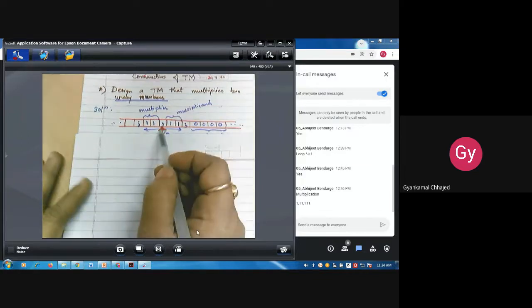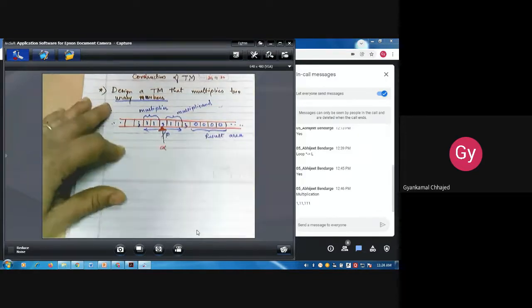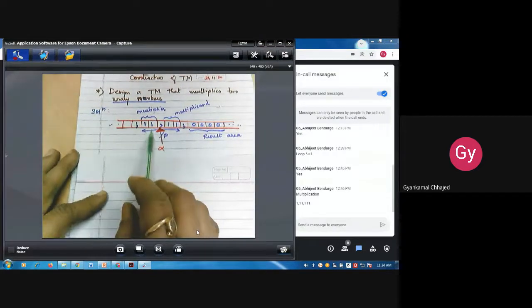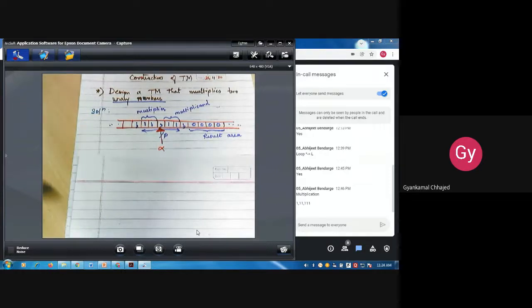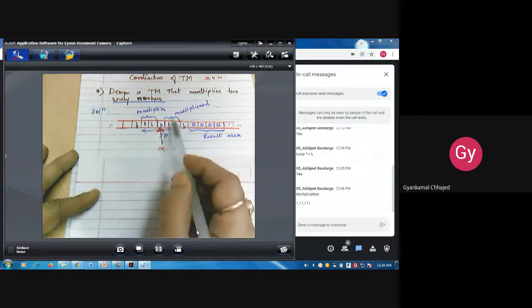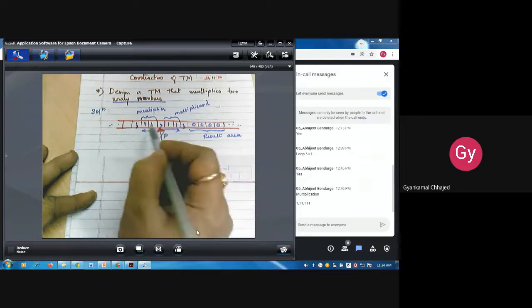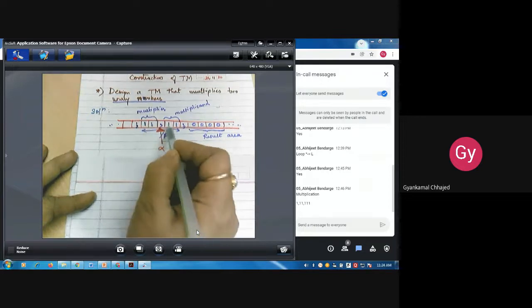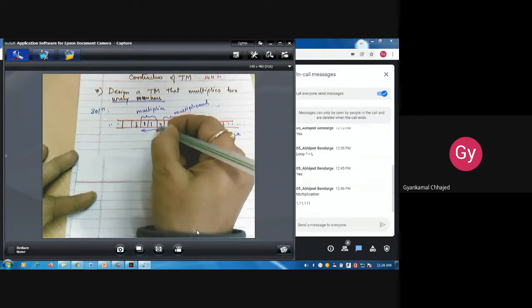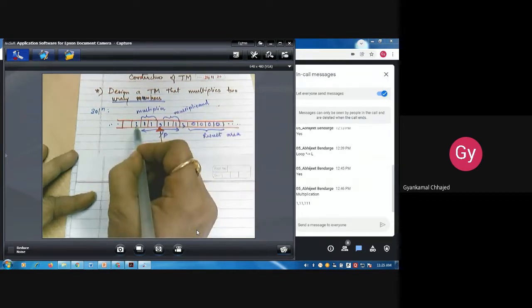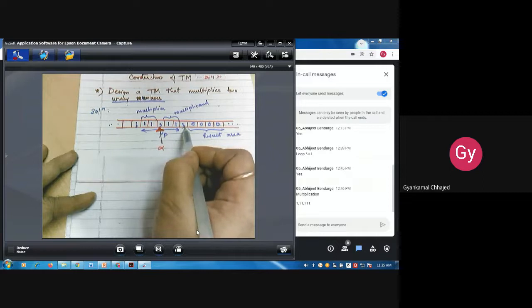Okay. Now, what is the initial configuration? The initial configuration is very important. For multiplication, we will be requiring two operands. First operand is the multiplier, another operand is the multiplicand. Here the symbols used are: 1 for representing the unary symbol. The comma is used as a separator between multiplier and multiplicand. The semicolon is used as the